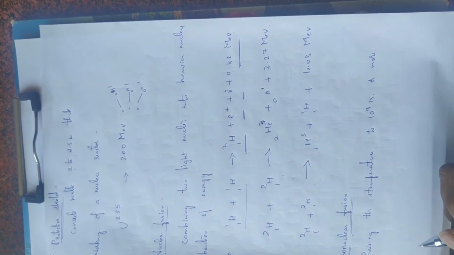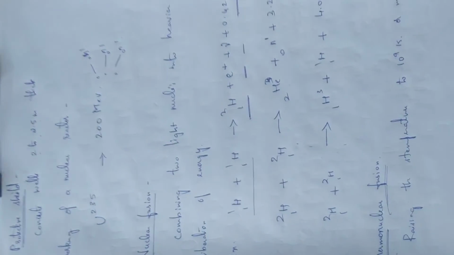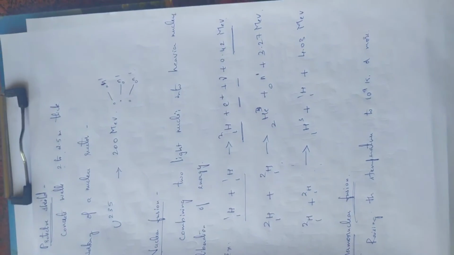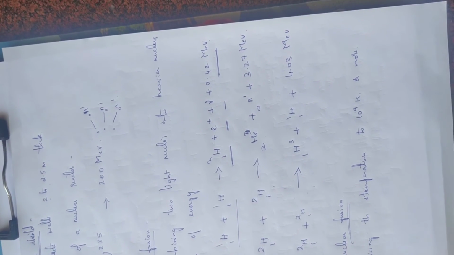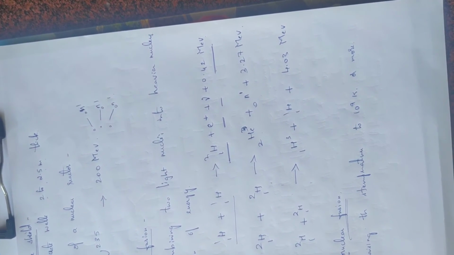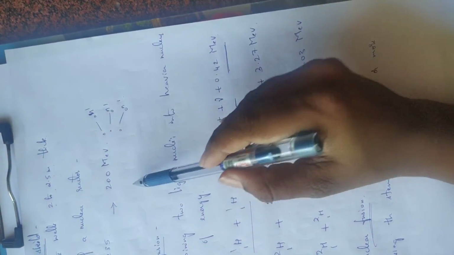Then students, we have the difference between nuclear fission and fusion. In nuclear fission, the process in which a heavy nucleus splits into two fragments of comparable masses is known as nuclear fission, with the release of energy. Whereas fusion is the combining of two lighter nuclei into a stable heavier nucleus with liberation of energy. In nuclear fission, energy released from one fission is larger than 200 mega electron volt, and that of a fusion reaction is some 25 mega electron volt, which is less.